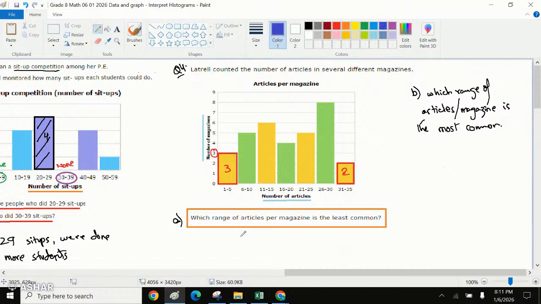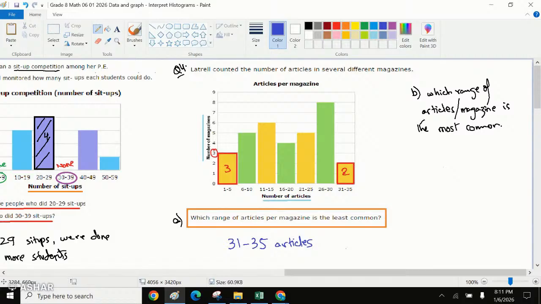So what we can say is, the least common articles range was 31 to 35 articles, right? Mostly they had more than 31 to 35 articles. So if we look at part B,